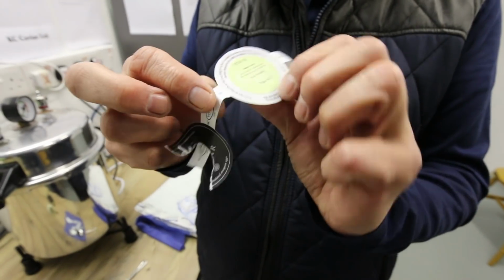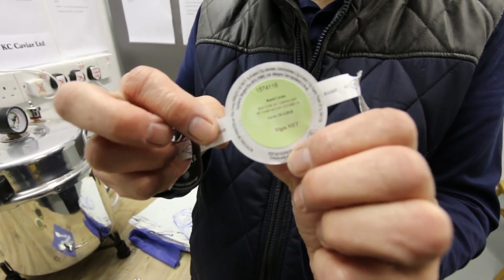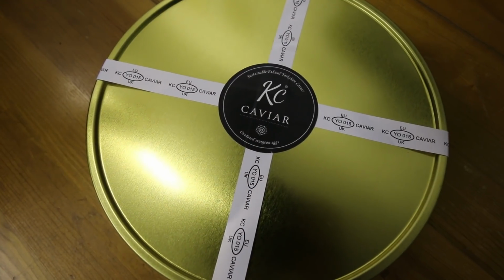As you burst the eggs, you get loads and loads of flavour. Wow. Okay. Every individual fish can have a slightly different flavour, and on every label we have the information about the fish. So you've got real traceable provenance. 100% totally. And the best thing is, once we've had them here for 15 to 20 years, we release them